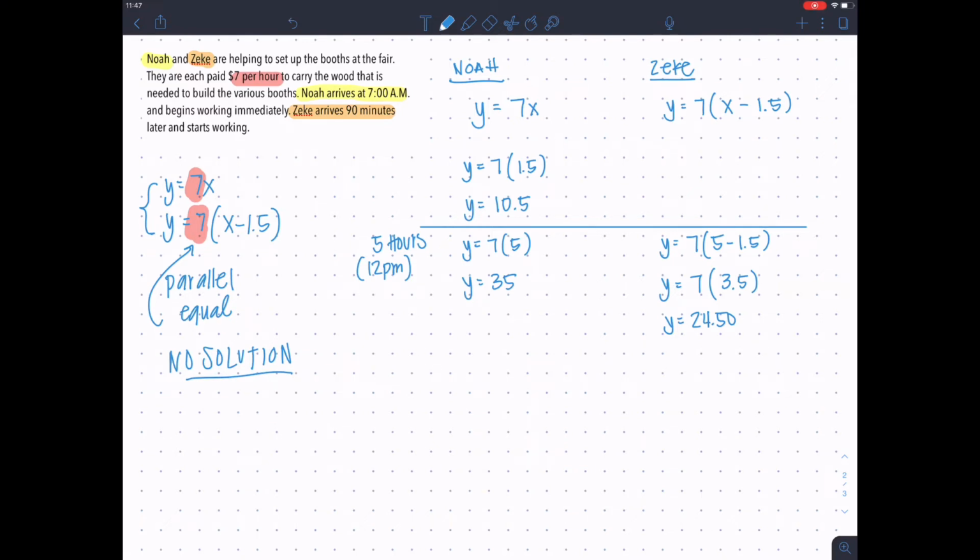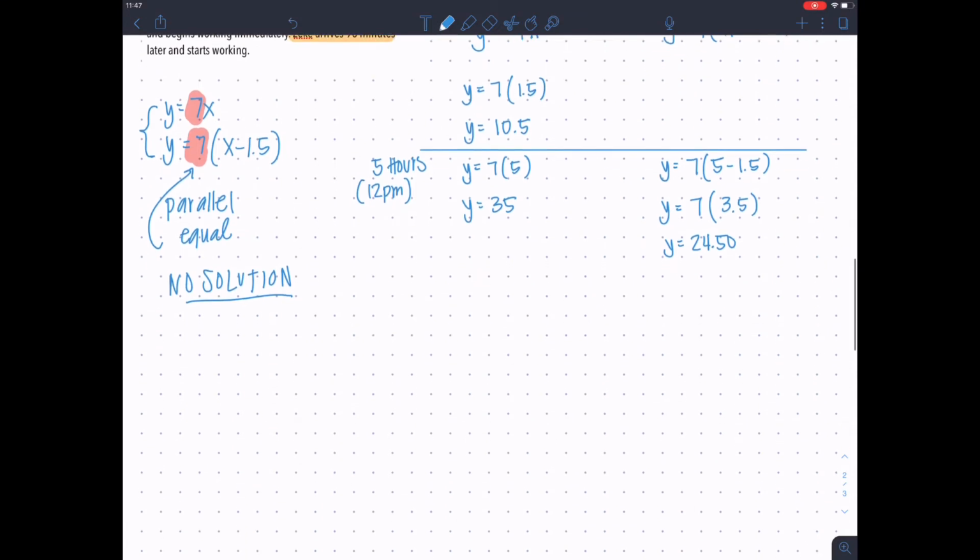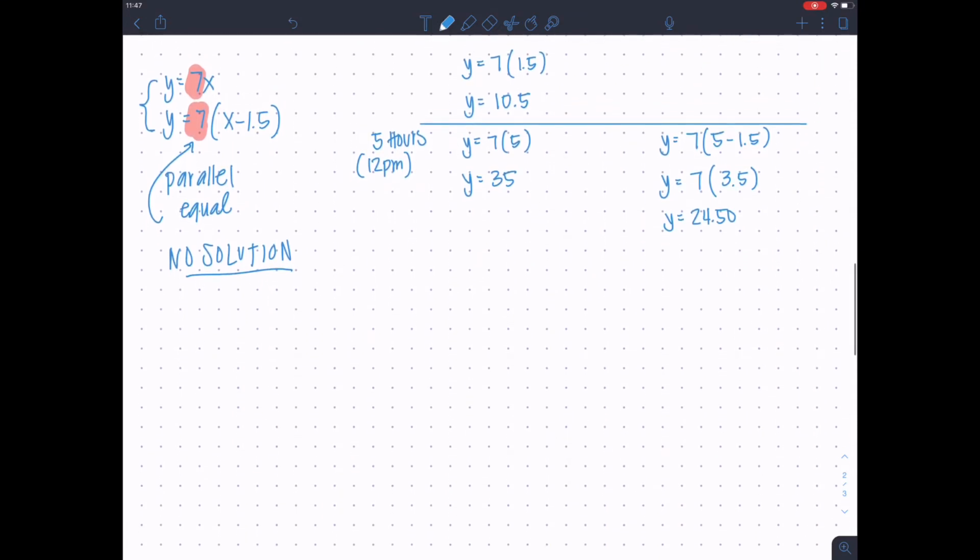But if we used substitution, we can see that. So because both of them are written in this same way, we can just substitute. So I have y equals 7x, and then I have y equals 7 times x minus 1.5. I'm going to substitute this expression here in for y in my first equation. So this is going to go in here. So I have 7 parentheses x minus 1.5 equals 7x, and then I'm just going to solve this equation for x. So I'm going to distribute this,